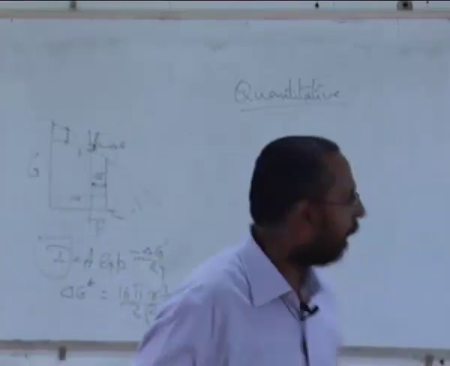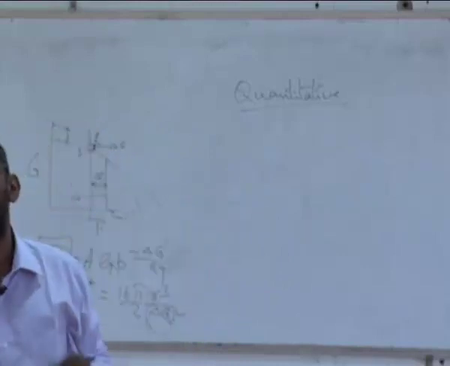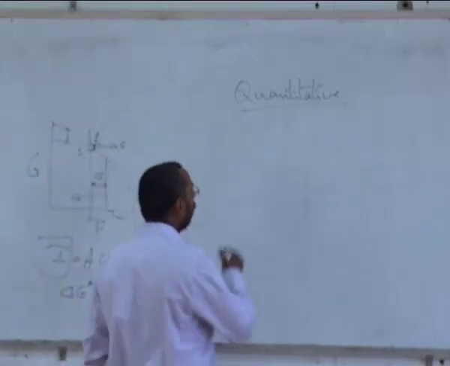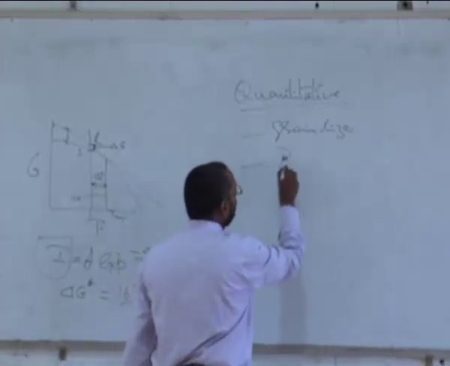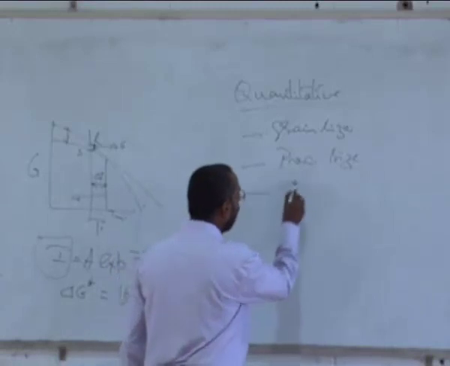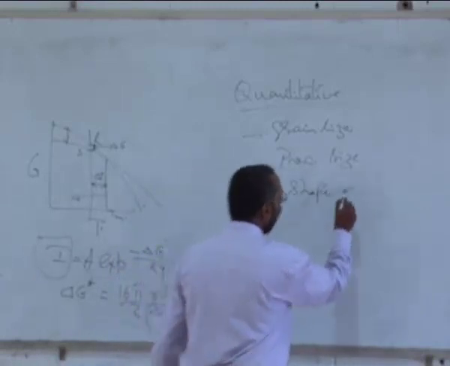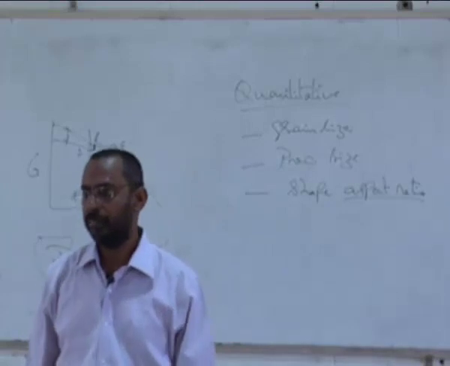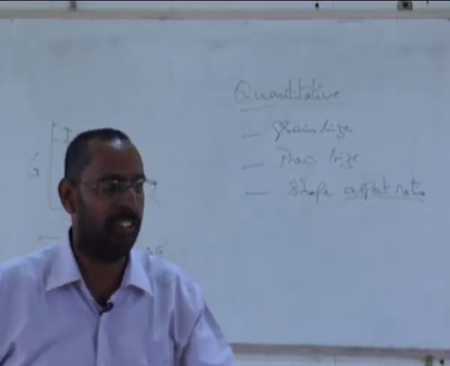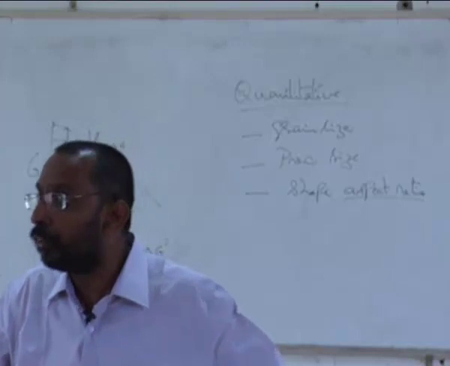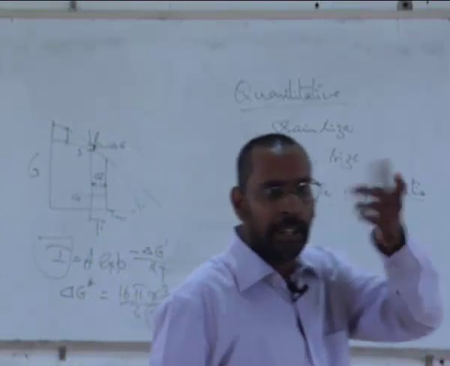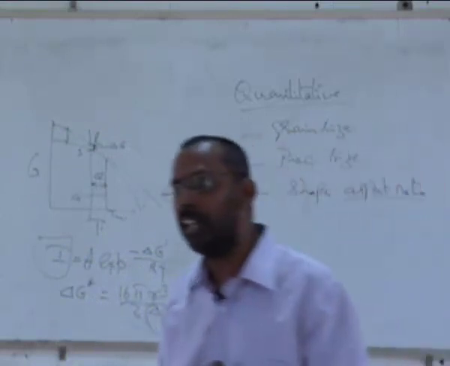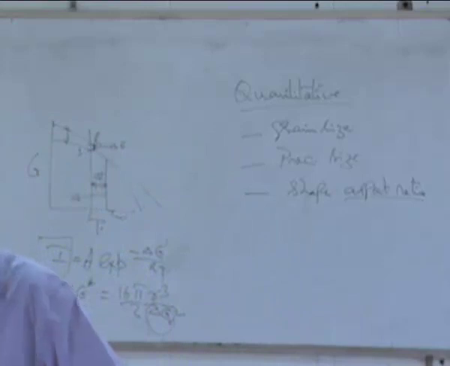Can we quantify? And this whole thing of quantifying the microstructure, what are the things that I can quantify? I can quantify a grain size. If there are precipitates, I can talk about precipitate particle size. I can even quantify the shape and talk about aspect ratio. For example, bainite. We know bainite has an acicular structure, right? So we should be able to talk, if there are needles, how long are these needles? What is the ratio between the length and the breadth of this needle? Can we talk about it? Which is called aspect ratio. So the shape and the aspect ratios of them.